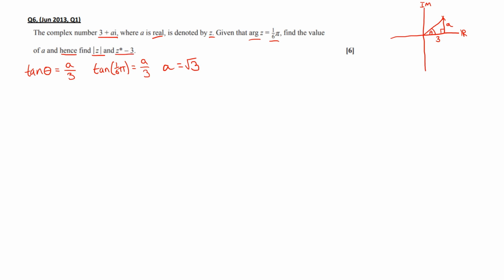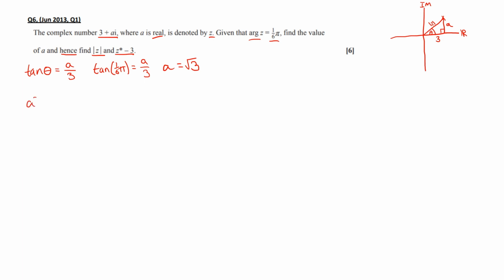The conjugate of z minus 3. So let's start with the modulus. The modulus we can use our Argand diagram. So we know that modulus is this side. Should we call it the modulus of z? Is this side here. So how are we going to find that? We can do